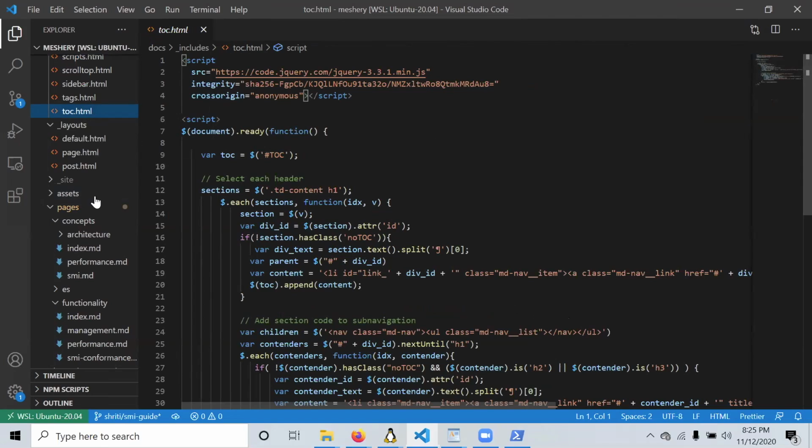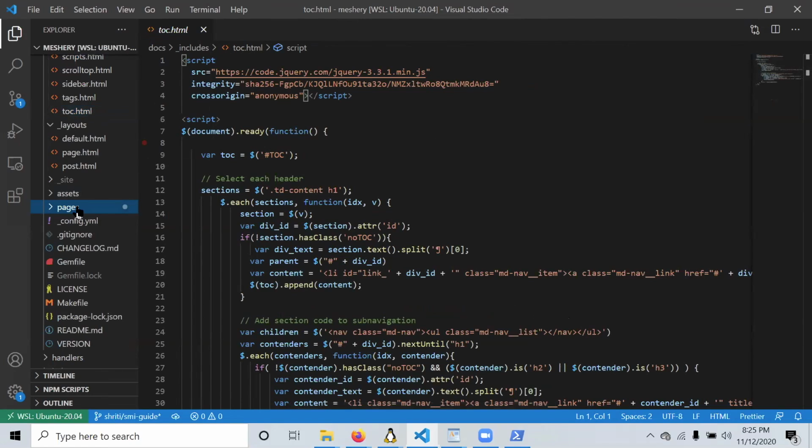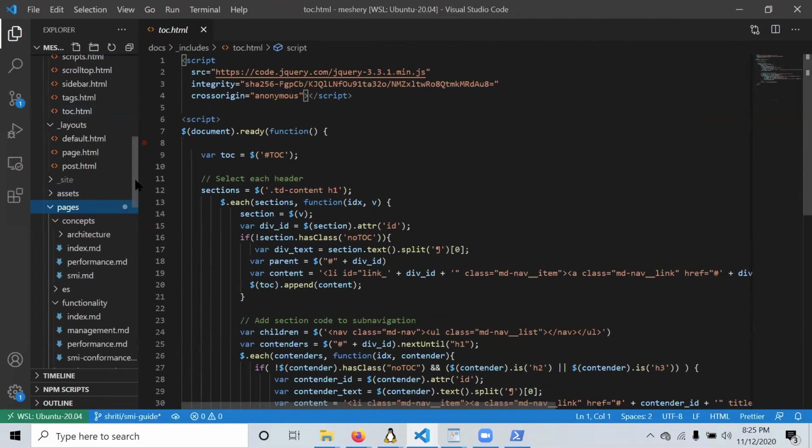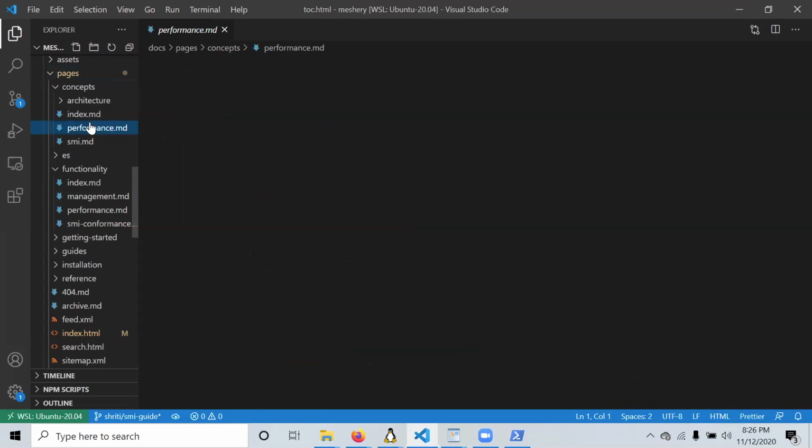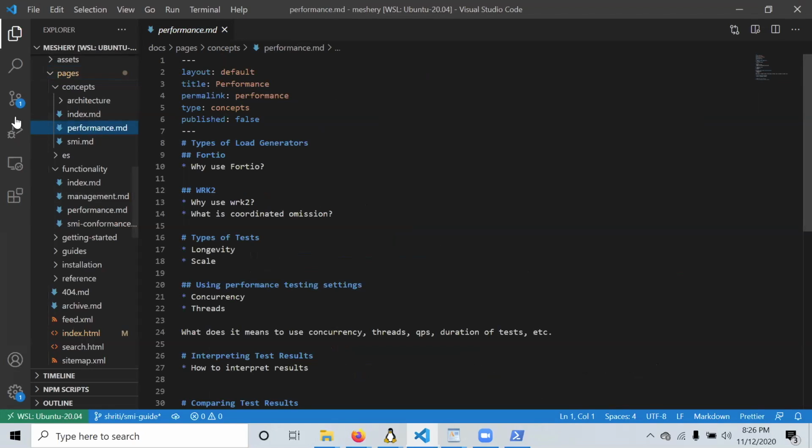Moving on, we have a pages folder here. It can be renamed to anything basically. In the pages folder or in another folder, we save the actual data that we're using in Markdown files, which is sourced back to the HTML files and rendered through that on the actual site. So for anything that I need to change in the basic data shown on the site, I'll go change it here.